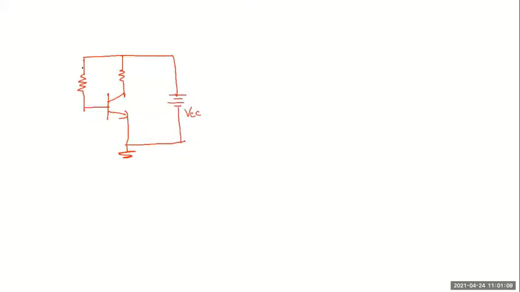The other way of connecting this fixed bias arrangement is, rather than using two power supplies, I want to use a single power supply. So I'll connect the circuit like this. I'll use a single power supply, VCC itself. I'll connect both the resistors to the same power supply. So will this work? Yes or no? Will this arrangement work? Okay, think it over.